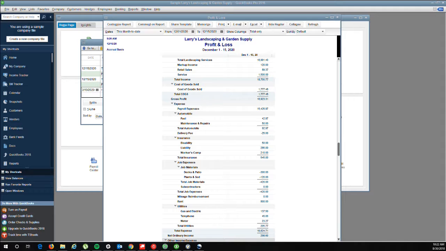But cost of goods is the cost that it takes to produce the widget or service that you're selling. The next section, and you'll notice that it is taken out, income minus the cost of goods, is this $16,923. The next section is going to be